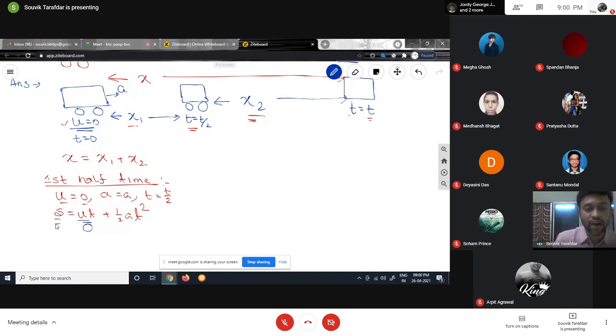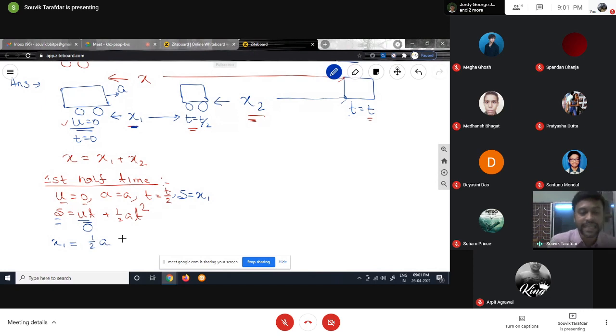So S is how much? S is equal to x1. In the first half, how much distance did it move? x1 distance. So x1 we can write as, since u became 0, it will be half